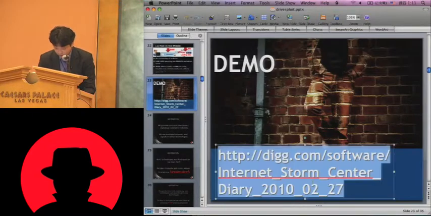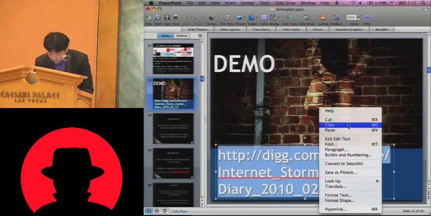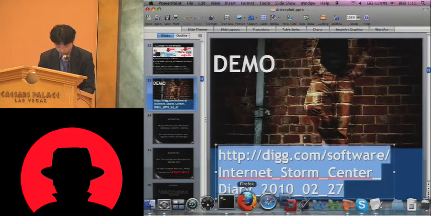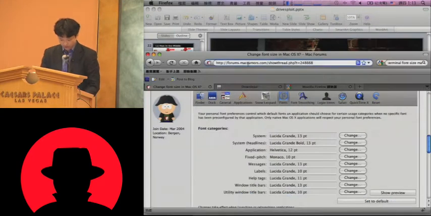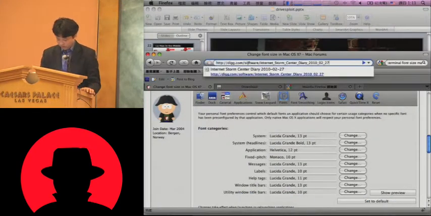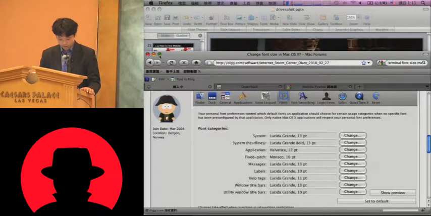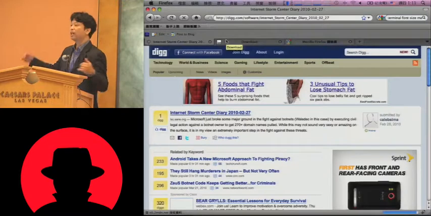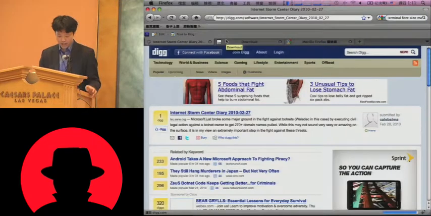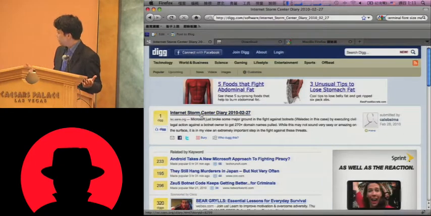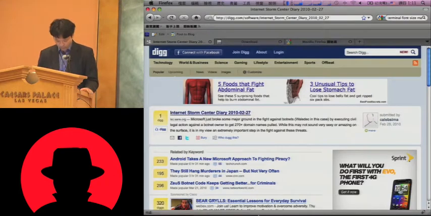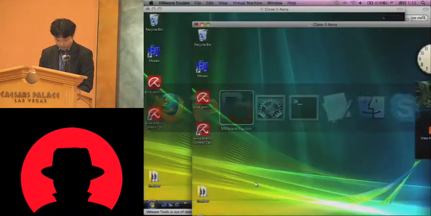So I'm going to copy this URL. It's a Digg URL. And usually what happens when users view this Digg URL is you would be taken onto a Digg page, and you would see the Digg content and who dug it and the comments, etc. Now, if we use the same URL,